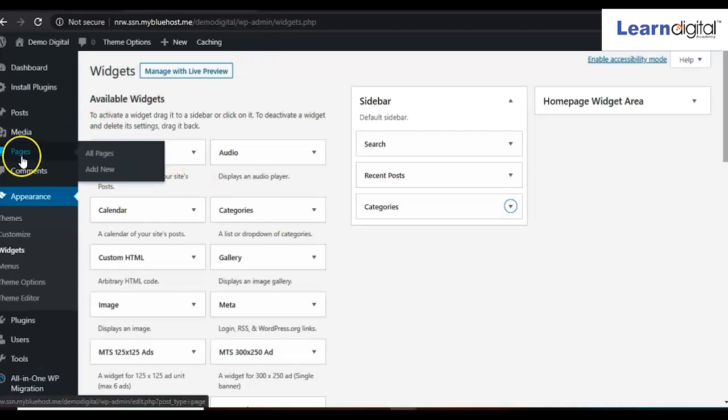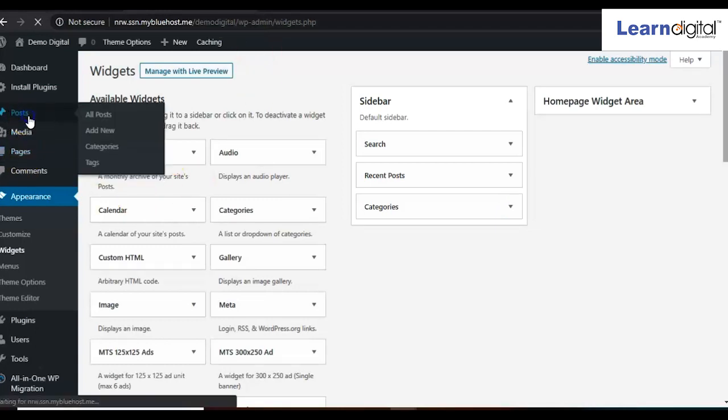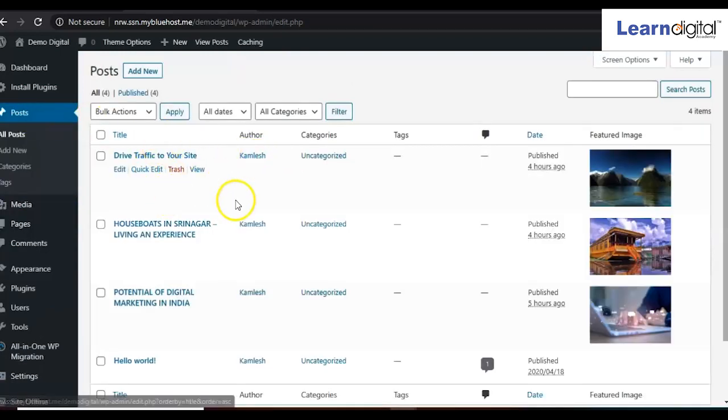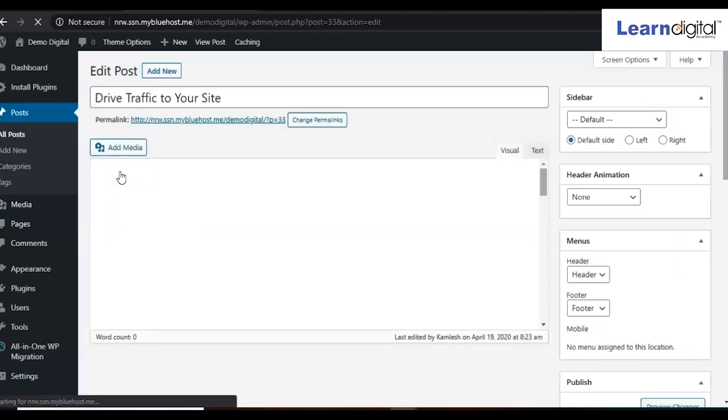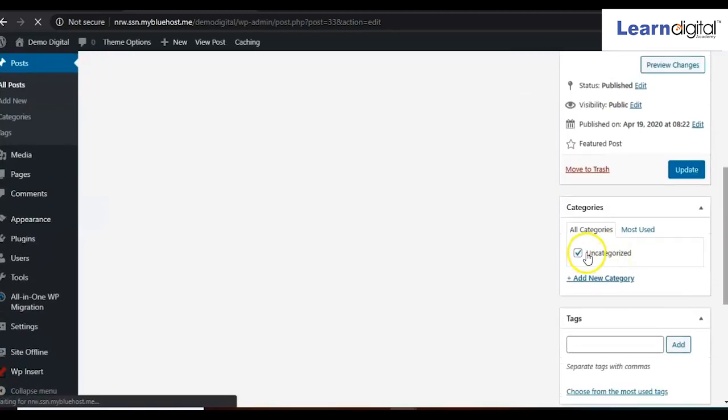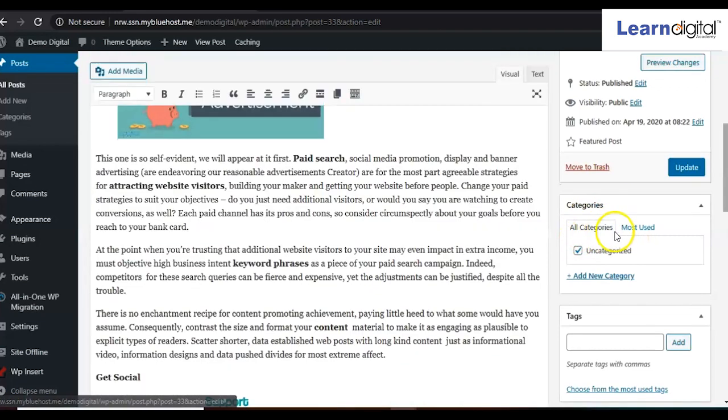So how can you do it? If you want to add a category, go to the post page. Anything, like we are selecting this one, right? Click on edit. On the right side, you see the category option is coming.